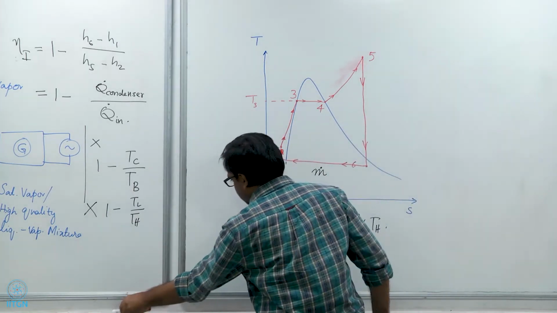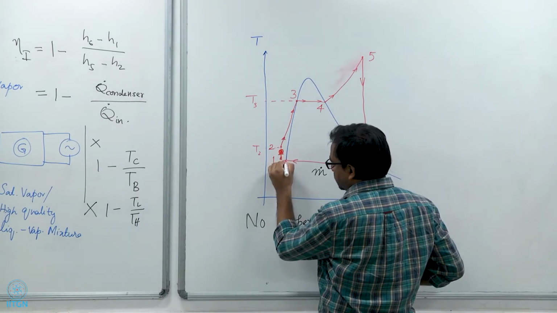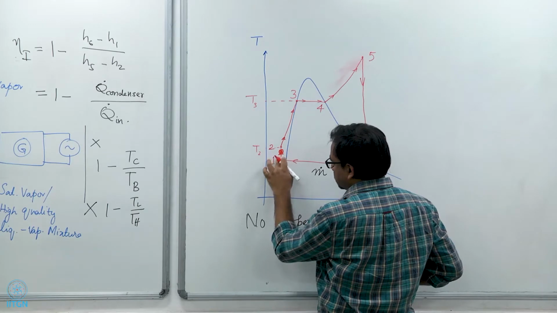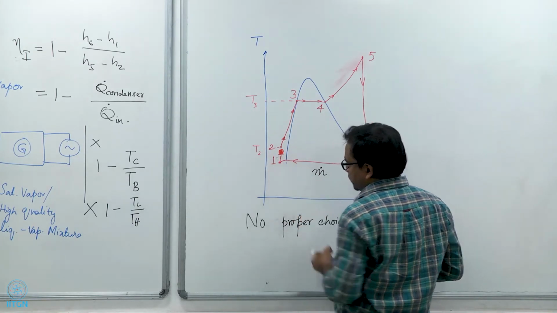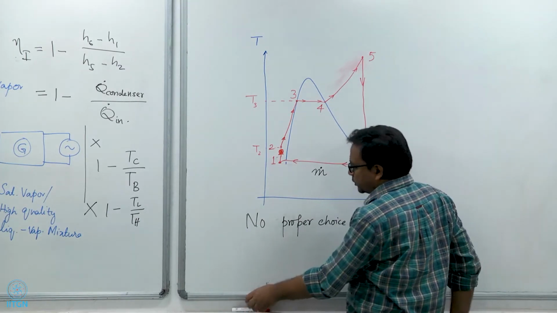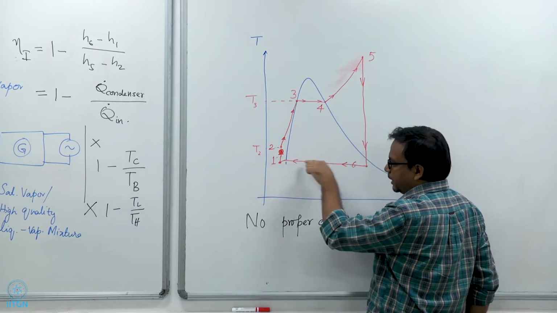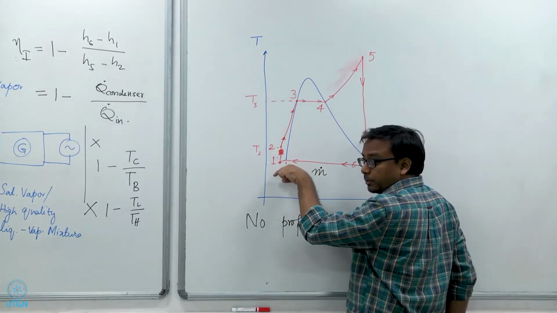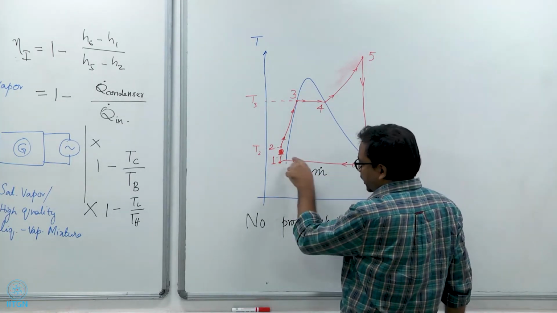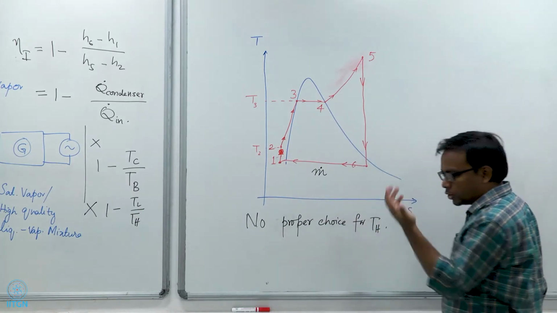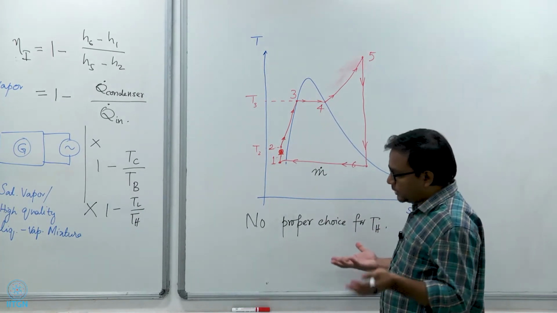So, here also this temperature T1 will be somewhat lower. So, let me just redraw this process. This will be a more accurate representation, will be somewhat like this. So, this is how the process would look as the steam condenses and then goes into becoming subcooled liquid. Okay. So, again here also you cannot choose a TL, which is why you can't apply 1 minus TL by TH.